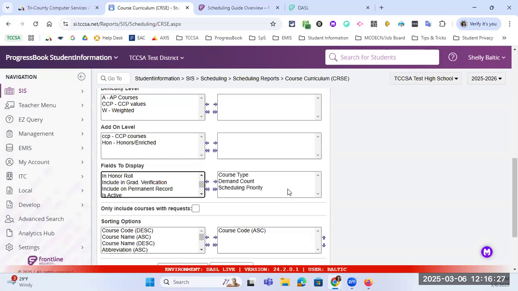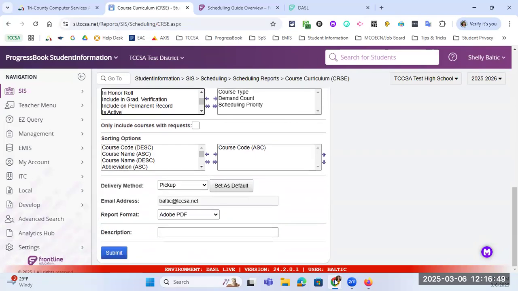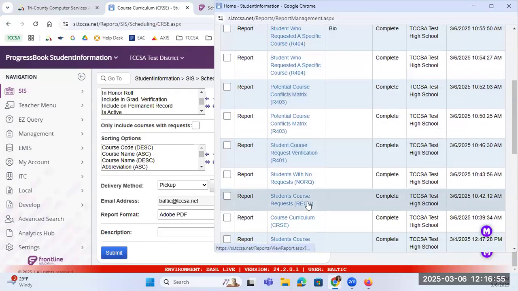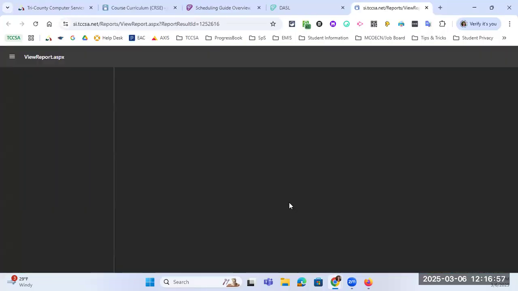So for example, for our core classes, like a senior, we need them to take an English 12 class. That's going to have a scheduling priority of 9, whereas a keyboarding class or a computer class might have a scheduling priority of 3. Okay. So when I run this report, it will populate and it's going to show me those